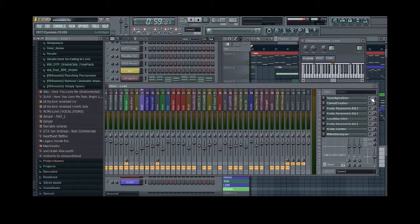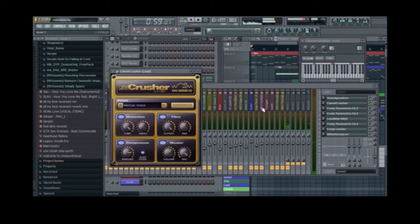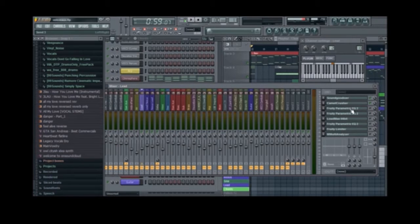So I'll put on Sausage Fattener, which gives it a little bit more top end. Just use the A preset. I think that's pretty much the only one I use. Then Camel Crusher, which gives it that raw, thick edge and a little more grit in the mid range. Then the first EQ,